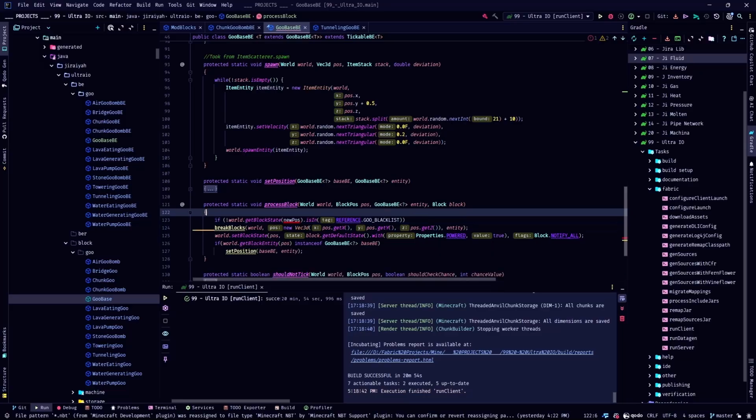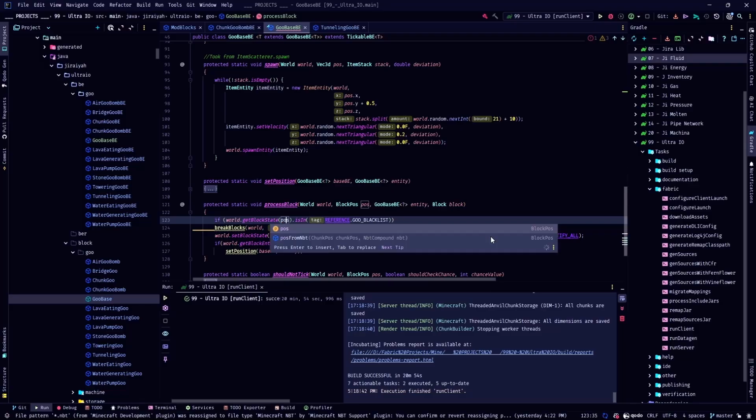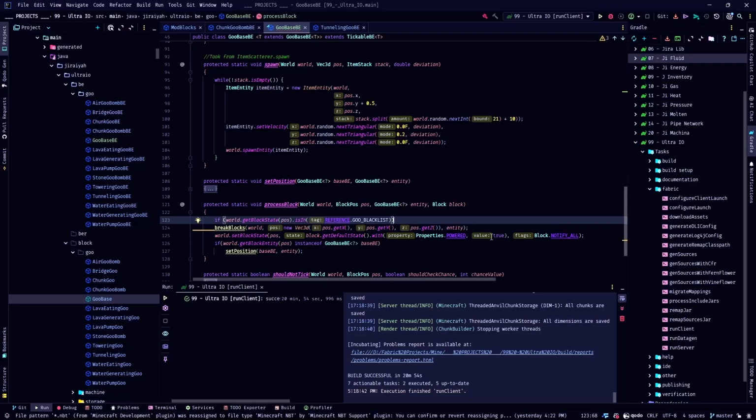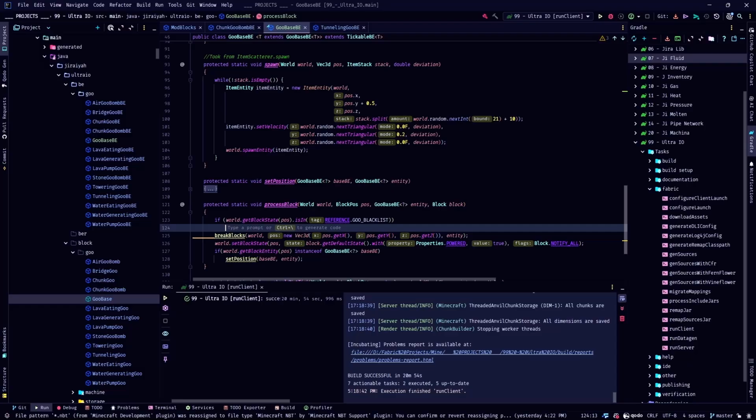So I will say if world.getBlockState at the position is in the reference goo blacklist. I did drop the idea of having multiple blacklists. I just have one that makes my life easier. Then we want to return. We won't break anything. We will not replace anything. We will immediately return. We will not break anything. We will not replace it with any block goo or anything else because we don't want to handle ores being